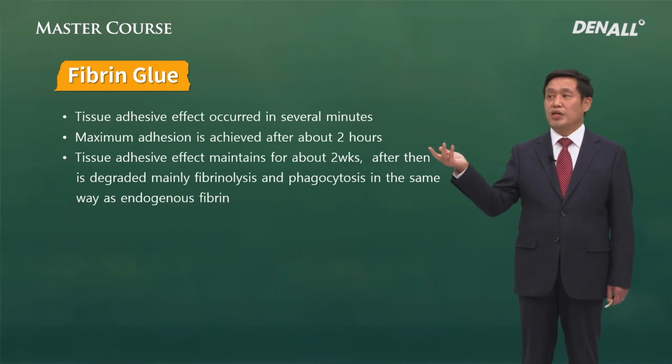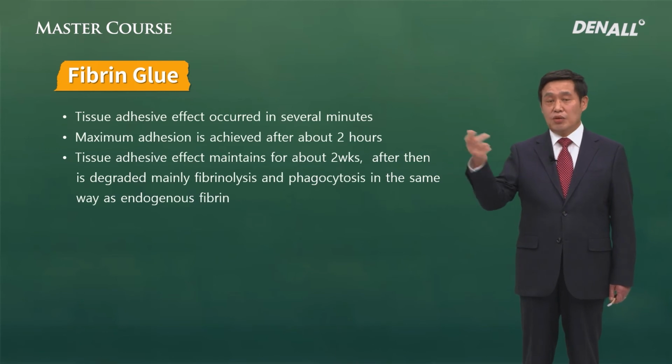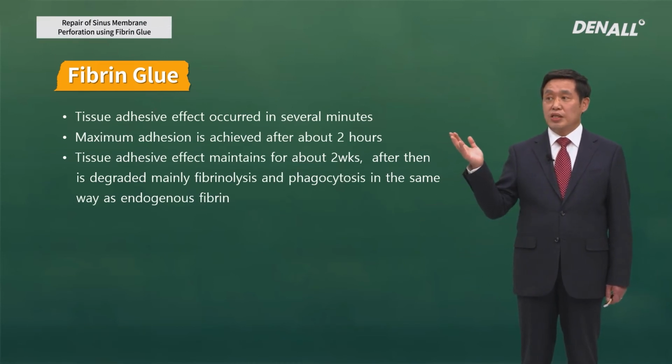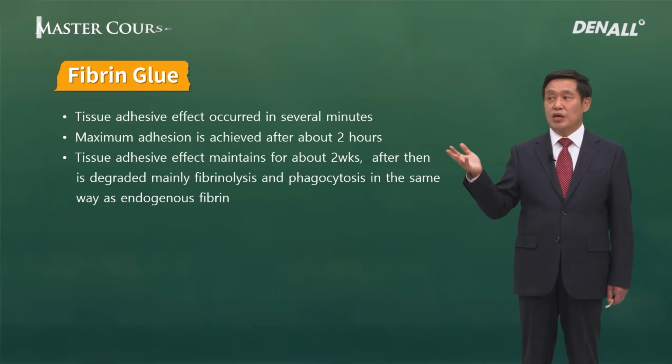When you spray it on the human body, it sets immediately, so you do not need to wait during surgery. You can just squirt it and see it set and then proceed with suture. The tissue adhesive itself is maintained at least for over 2 weeks, and gradually it goes through fibrinolysis